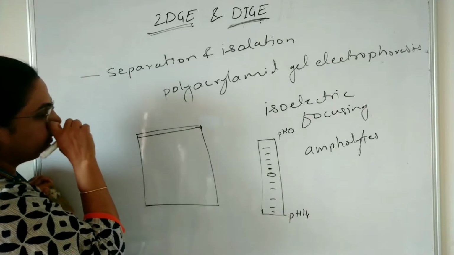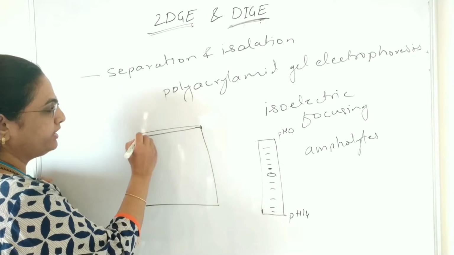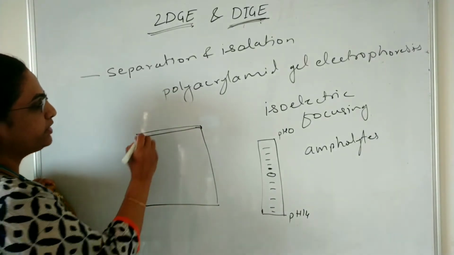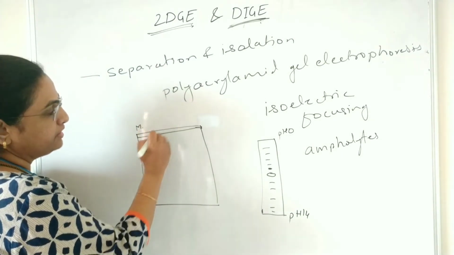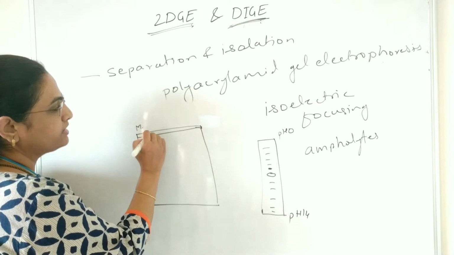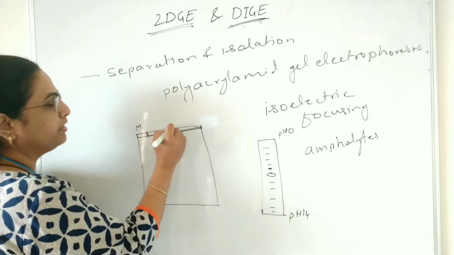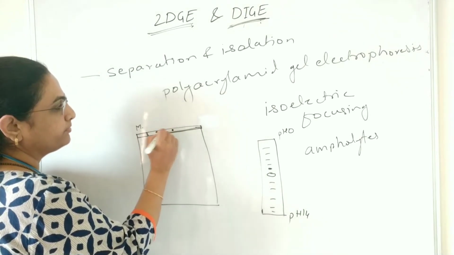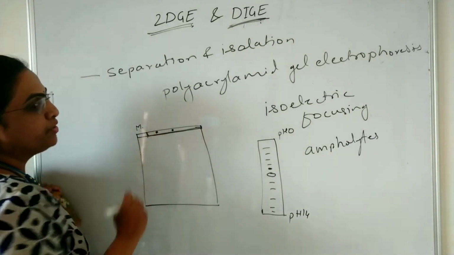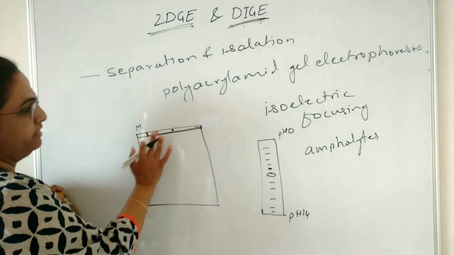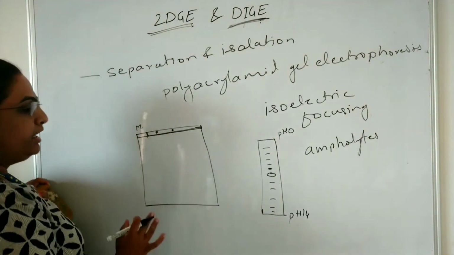Now there is a run of the sample, and here you have to run the marker with it also. So here the first well will be of the marker. Next here is your gel, and suppose here we take 2 spots, that is 2 bands. The gel consisting of the 2 bands. Here we have shown a number of them, but for convenience we are taking only 2 spots. Now allow the gel to run.